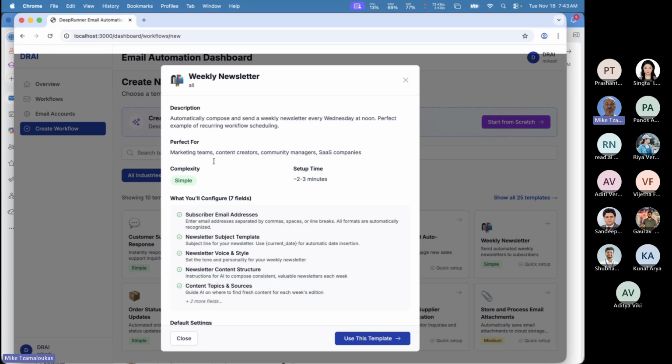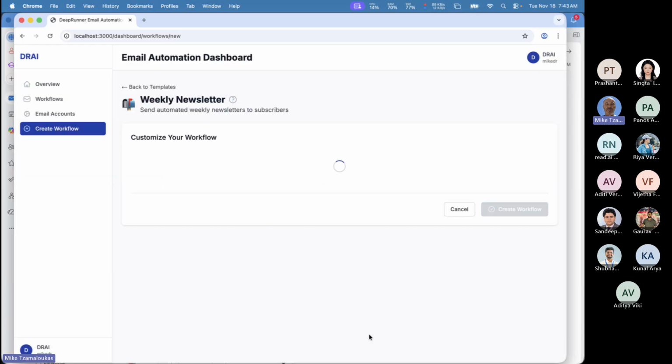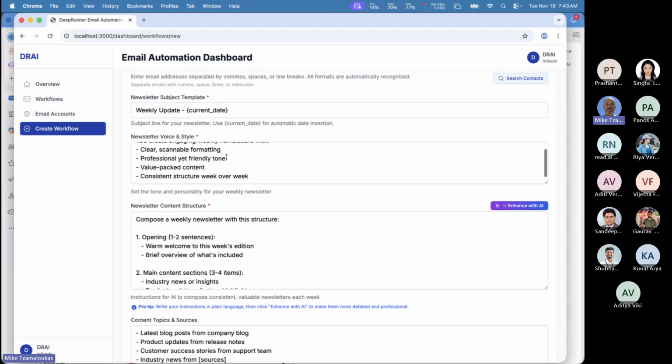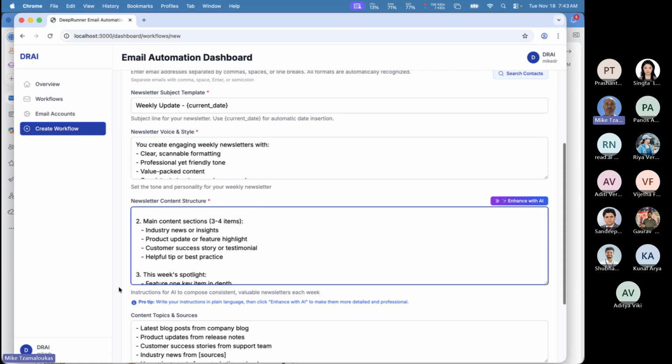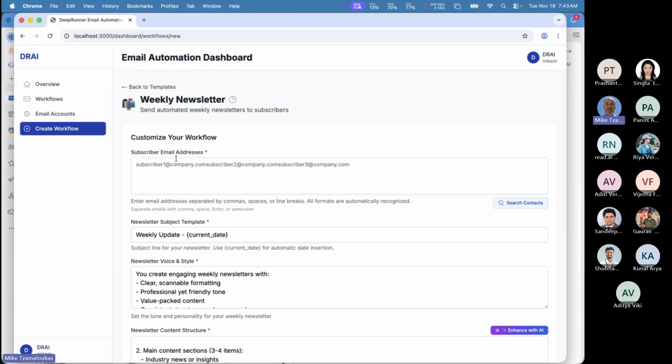This is where I started with this template, and literally, if you just say use this template, it's as simple as here is the information that you were able to see earlier, with the actual context, with the actual structure, the topics that you would of course edit for your own business. Over here is in essence a subscriber